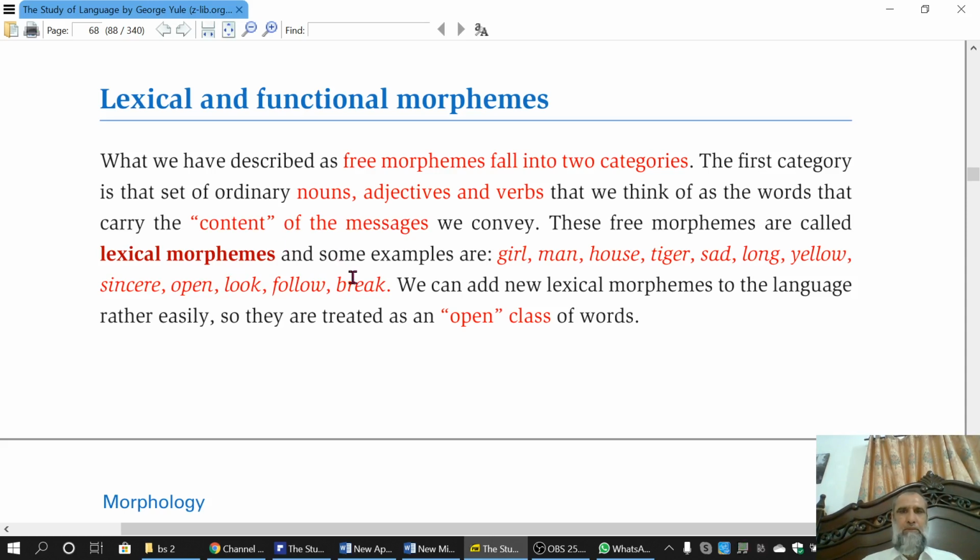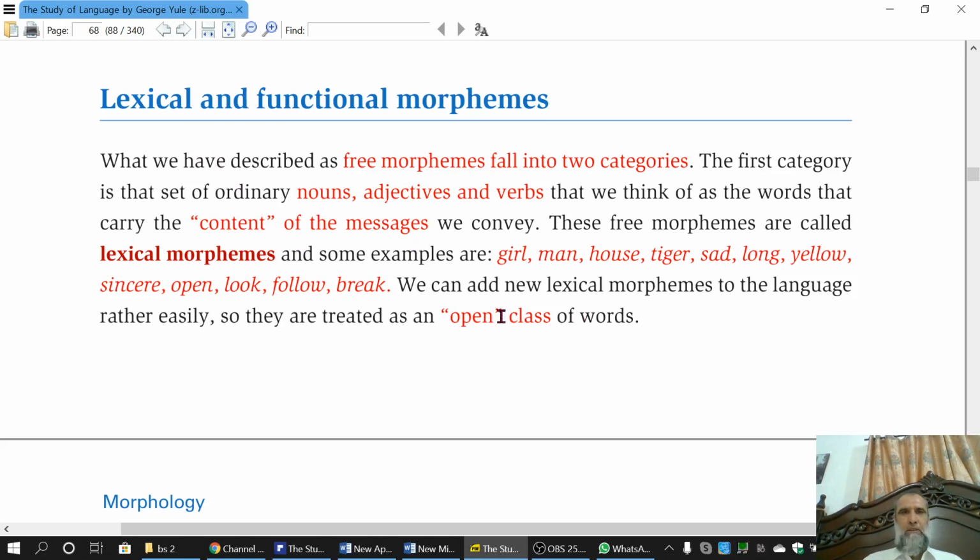These are free morphemes, and the examples are, if we take nouns, girl is a noun, man is a noun, house, tiger; sad is an adjective, long is an adjective, yellow, sincere; open is a verb, look is a verb, fall is a verb, break is a verb. These are lexical morphemes. They are free morphemes, and this class, the class of lexical morphemes, is referred to as